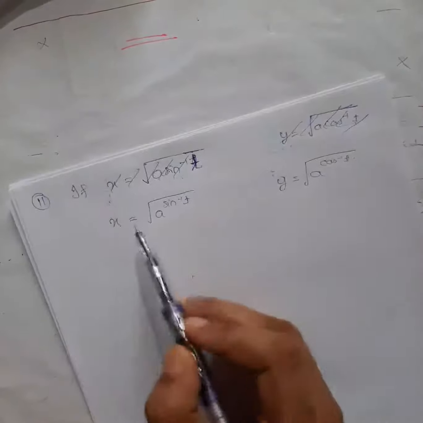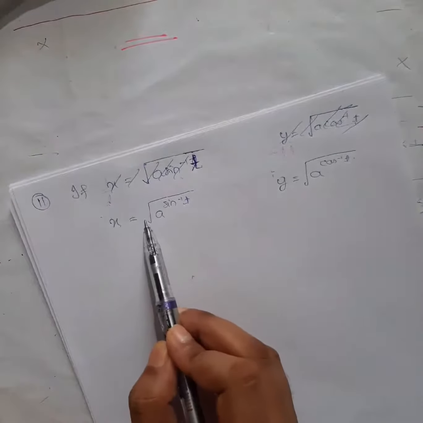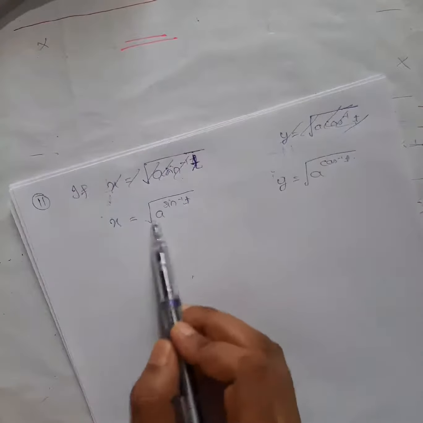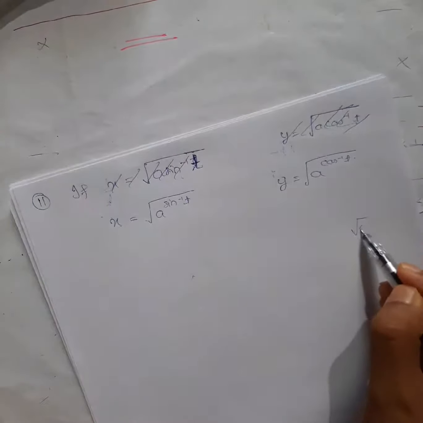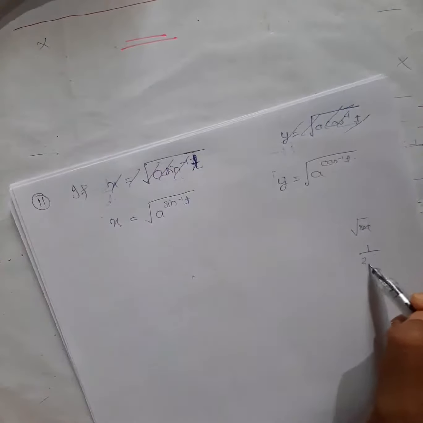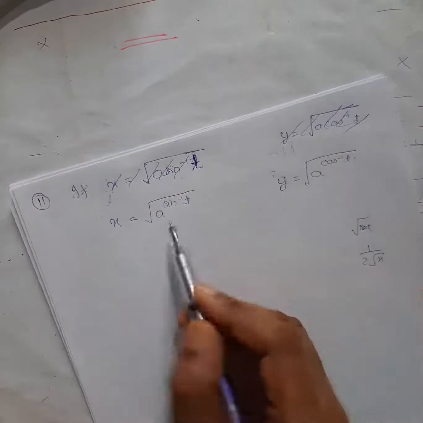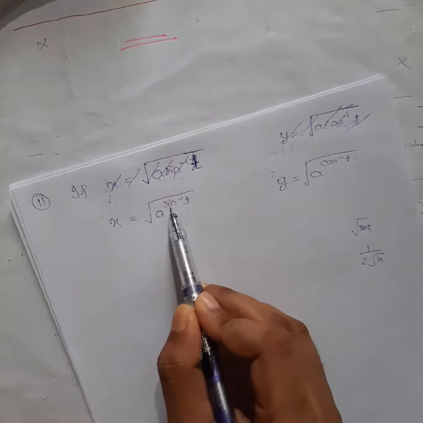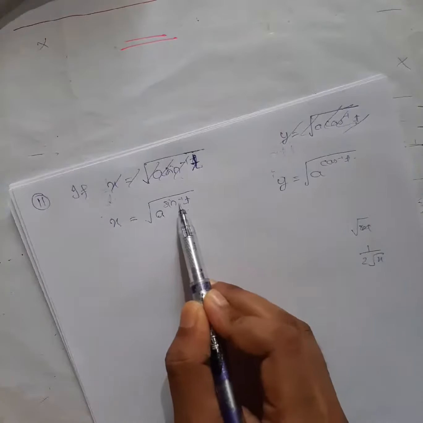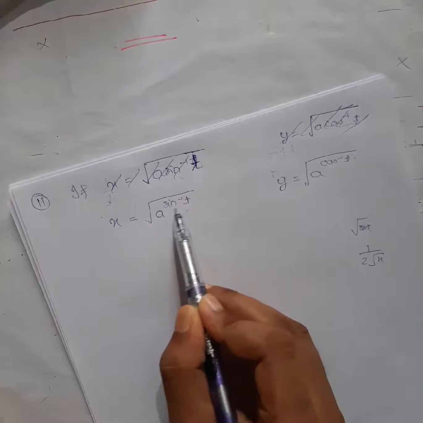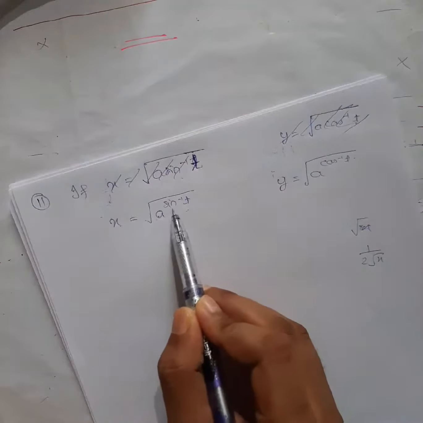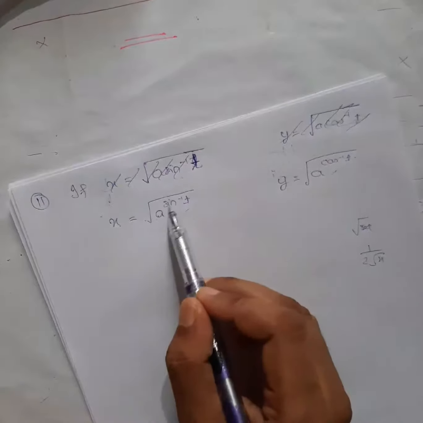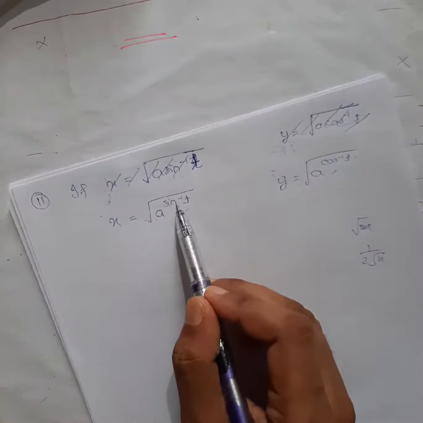Now to differentiate dx by dt, okay fine, this is of the form root x, so you will get the differentiation of root x as 1 by 2 root x. But see here, in place of x you have something different. Now this is a problem. Can you differentiate this one, a to the power sine inverse t? To differentiate this you need log, remember? We don't have any identity for this one, so we will take help of log.